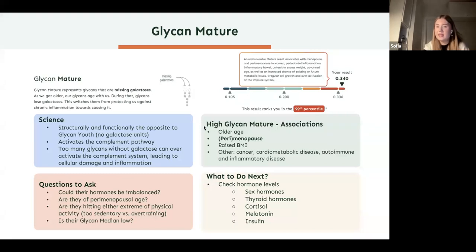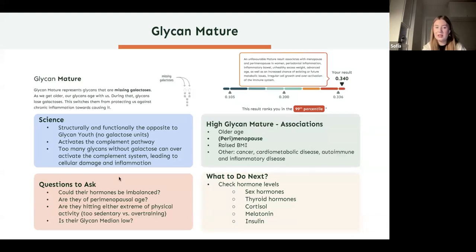So it only makes sense that a high glycan mature is associated again with older age. As we said, it is opposite to glycan youth. One big thing is that it is associated with perimenopause and menopause. It is associated with a raised BMI and other diseases that we already spoke about, so cancer, cardiometabolic disease, autoimmune,